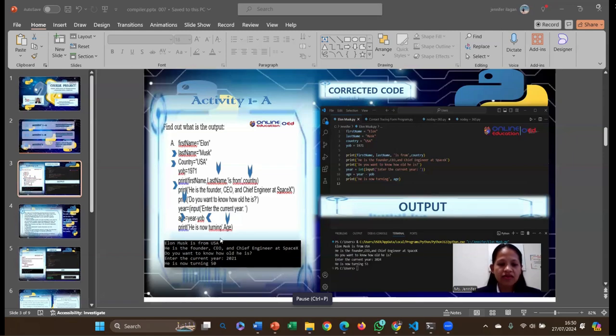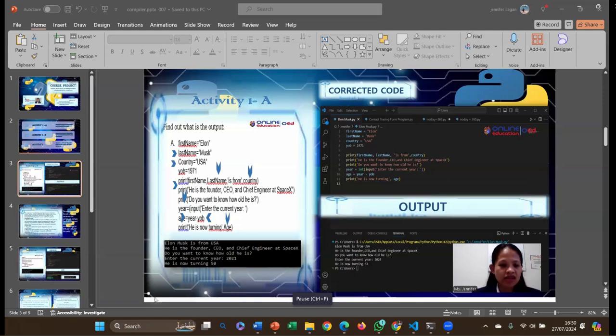Allow me to clarify the following codes, errors, and their updated version. Since Python variable names are case sensitive, we need to be sure of using consistent variable names throughout the code.